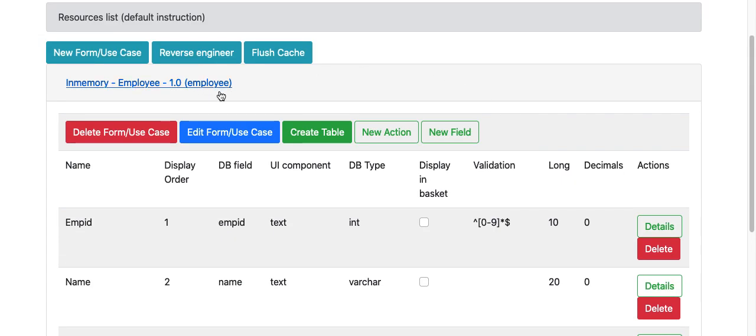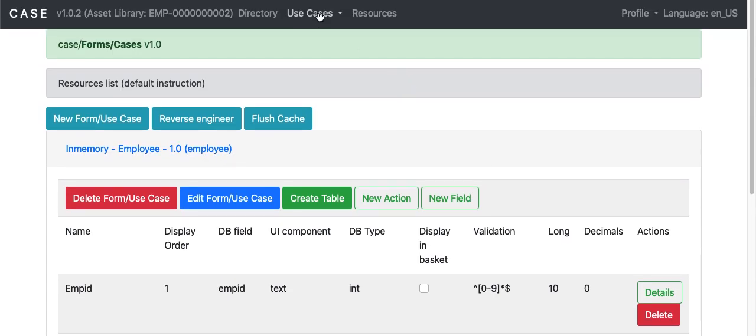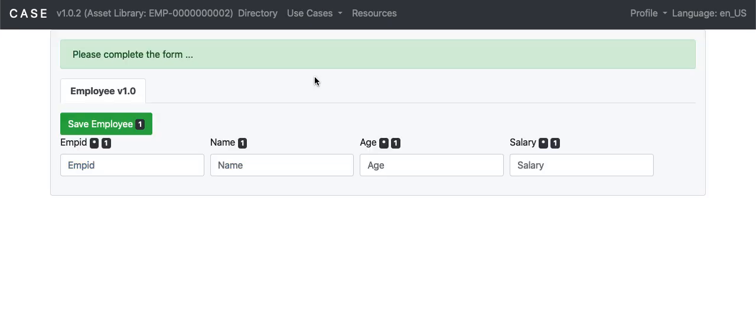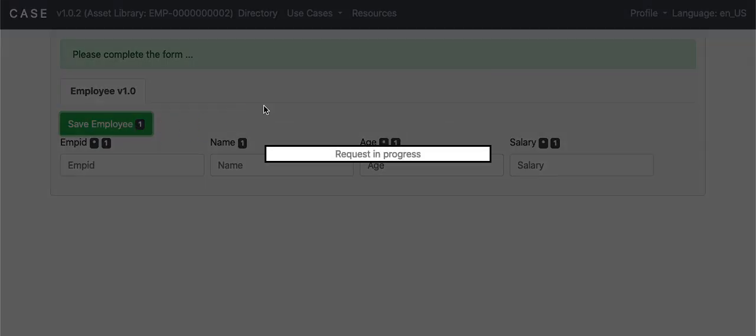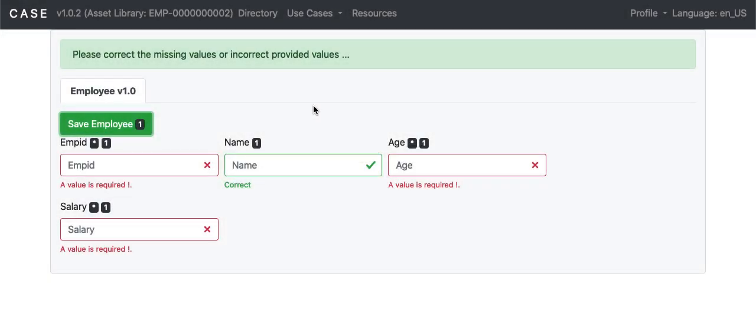So I'm going to show you in execution mode how it's behaving after setting those configurations correctly. When I don't enter a value, it is requesting me to input a correct value. So I'm going to go ahead and enter 100, the age is 34, the salary is 13,000, and the name is